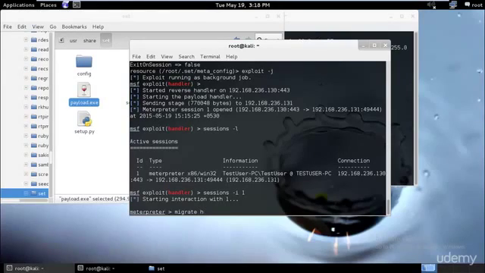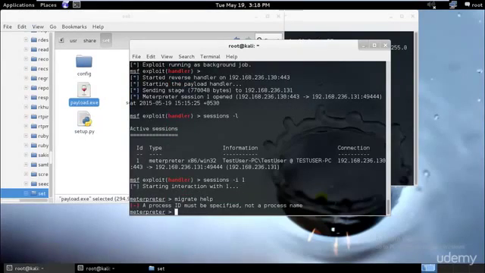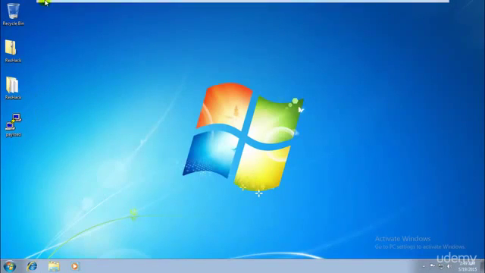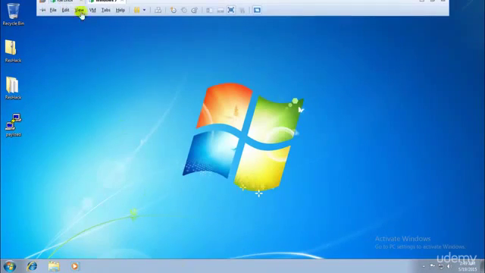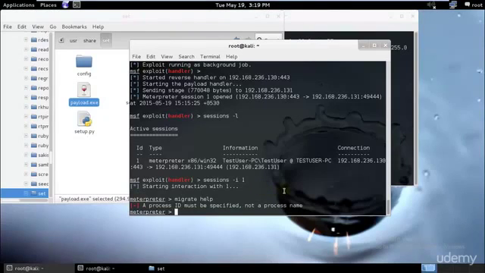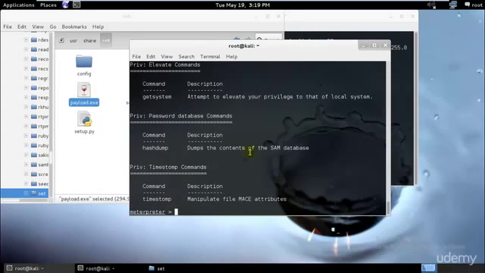So I'll just type migrate and then help, and as you can see, a process ID must be specified and not a process name. So we need the process ID for our payload that's running over here. Since we're running Kali Linux, we don't know what the process ID of the payload running is. So let's type help and see what all things we can do by using the